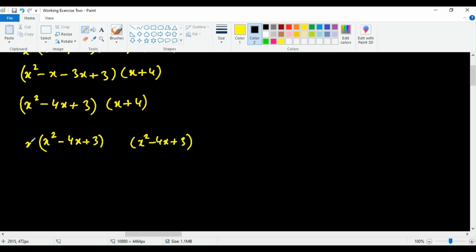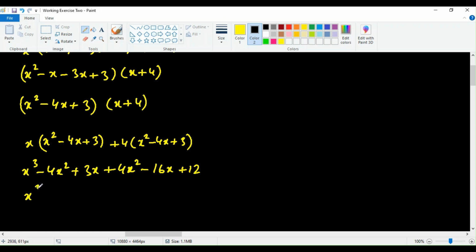And then I'll multiply by x, and then comes plus 4. So the first bracket is going to give us x cubed minus 4x squared and plus 3x. Then comes plus 4x squared and minus 16x and plus 12,